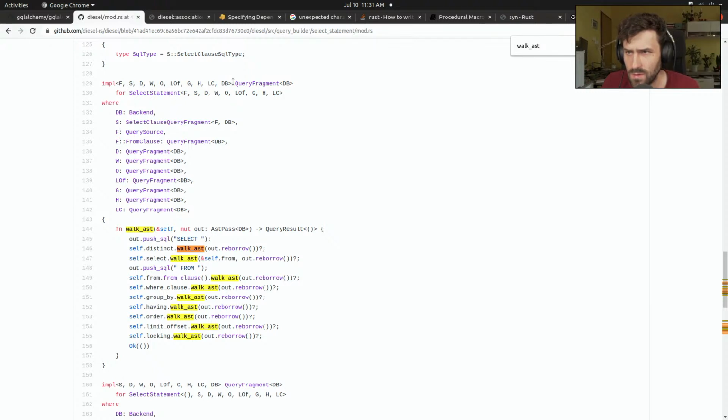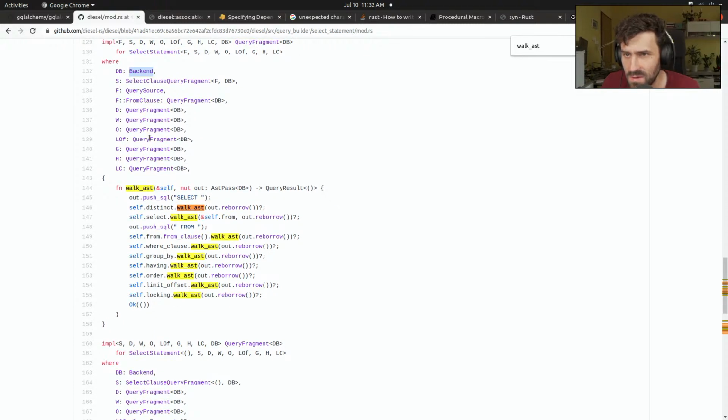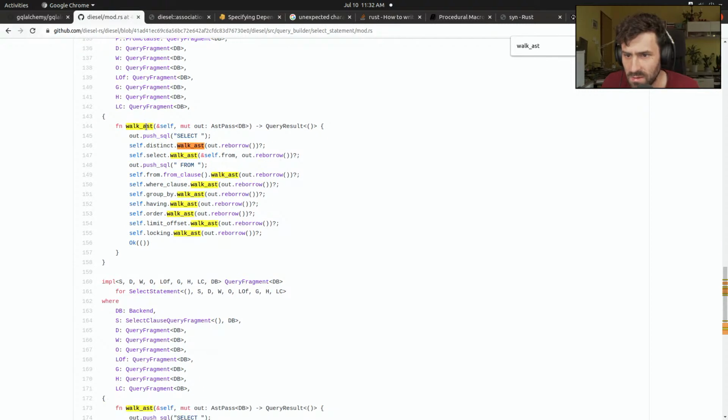Implement query fragment for select statement, where backend, a bunch of query fragment for a certain DB. Yeah, and then walk AST, self. We push select self distinct. Okay, then we go further, and then